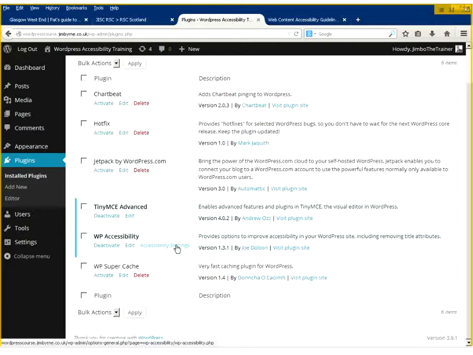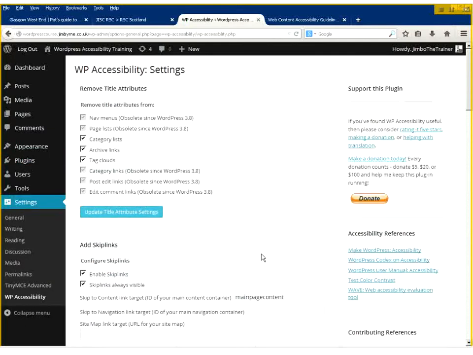It's a great plugin. If I look at the accessibility settings, one of the things I was saying earlier on is that it's not a good idea to put title tags, title attributes into your images and things. So that's great, you can control that, but historically WordPress has been littered with these things. Every link has had a title attribute, and every blog post heading has a title attribute. So what this plugin does is actually strips out a lot of that rubbish. So it removes title attributes from all sorts of things.